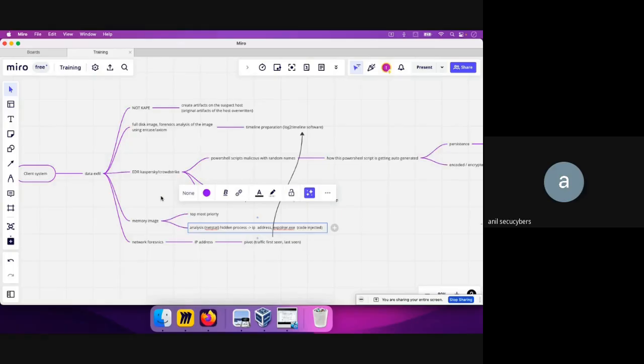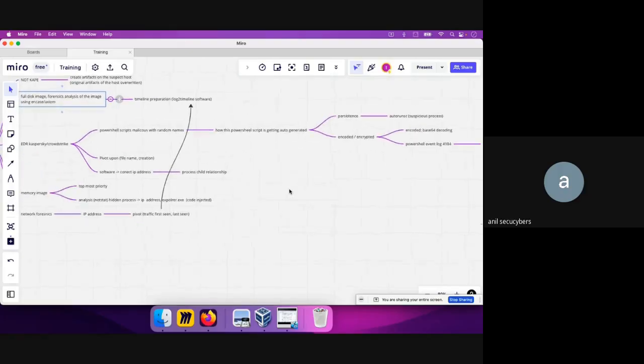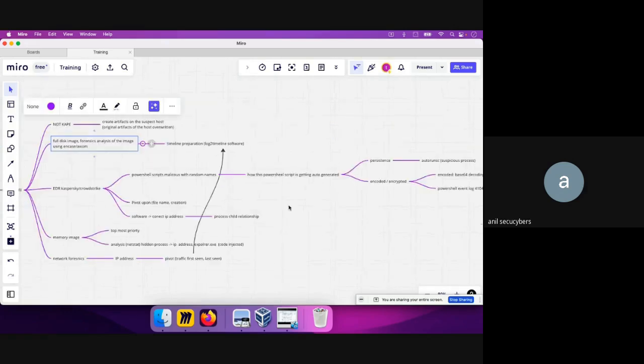You will be able to do most of the analysis, at least 90% of the analysis, just from the EDR log. Using that EDR, you can get a connection. You can execute the Autoruns tool, get all the persistence that has been there. You can gather the memory image from that EDR tool, and apart from that, you can just analyze the process